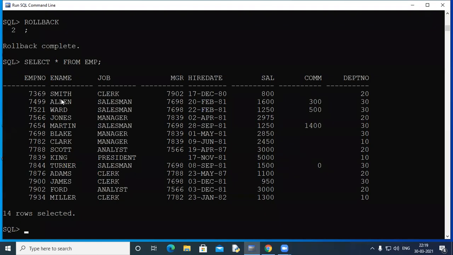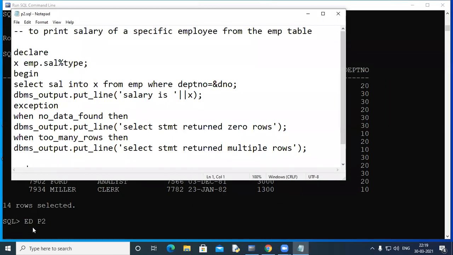Okay. Then I think we have discussed the implicit cursor attributes also. Let's now do a quick look at exception handling. Let's go back to our code, I think 8P2 would do. We already started working here with our exceptions. If there is some error which we are not aware of, like here we were aware of the error, select ename into X. So we know that if zero or multiple rows are returned, we can use the exception handlers. Let's say that we are not aware. So I can write here WHEN OTHERS.